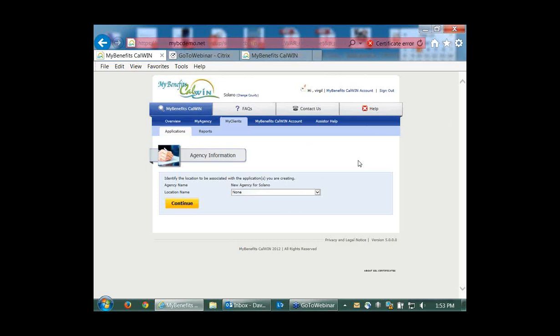And in order to have that ability, you have to tell us what location you want to associate this application to. So that's what this location selection page is for. Again, if your CBO has no locations defined for it, this page would never be presented. But you'll have a drop-down list where you can choose a location name associated with your agency. The default is none. So even if you have locations, you may choose not to associate one of